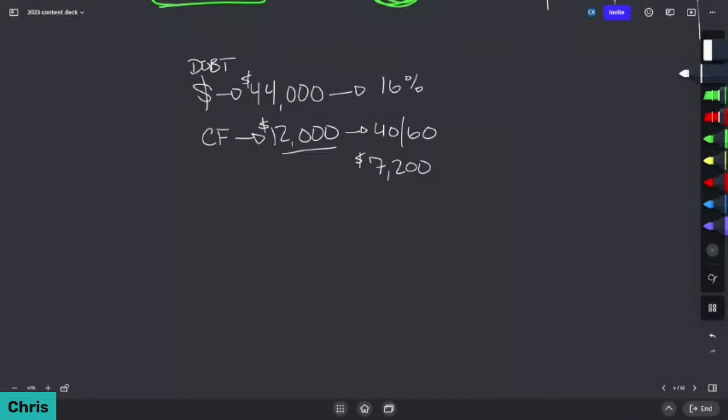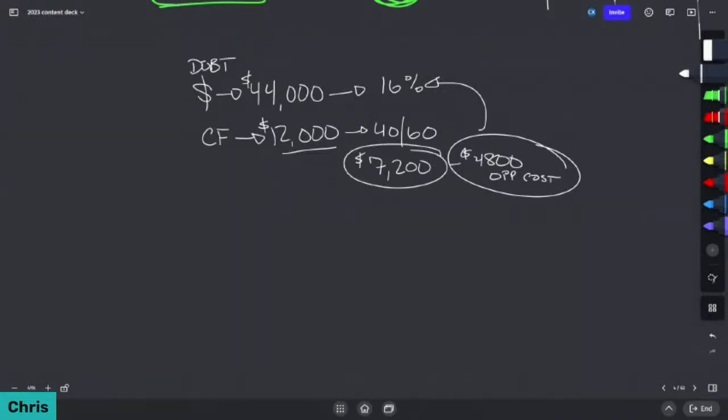So 60% of the 12,000 gets you to $7,200 of cash value. But what is the difference there? You're talking about $4,800 of opportunity cost, because you lose liquidity of that. That's $4,800 that could have gone to paying down this money right away, that you lose the ability to pay it down on. And he was like, oh, well, okay, that's interesting. Somebody else was trying to convince me that it would have been good to just put that money through a policy and pay it and not interrupt the compounding on this.